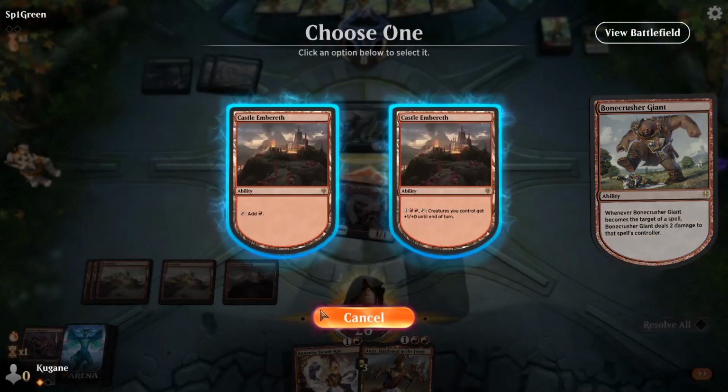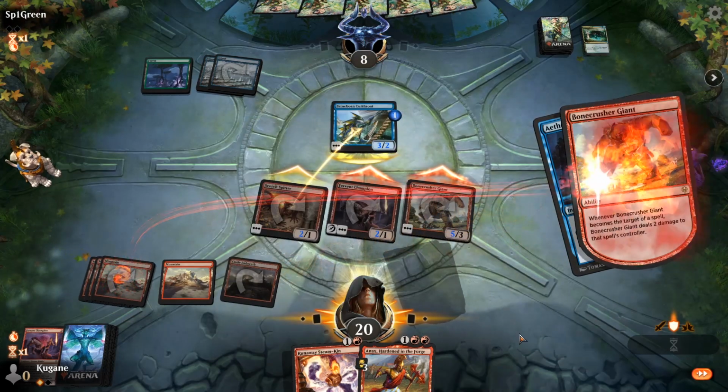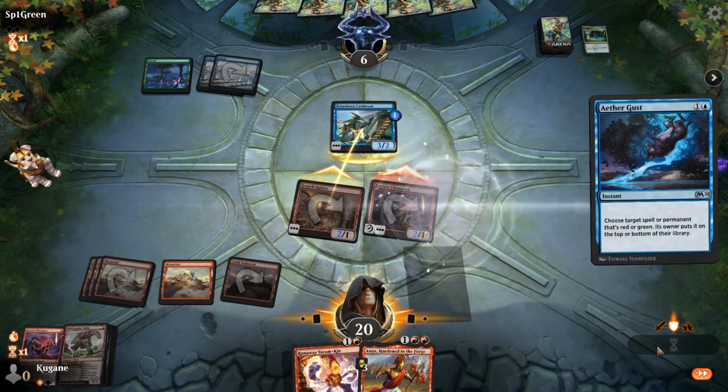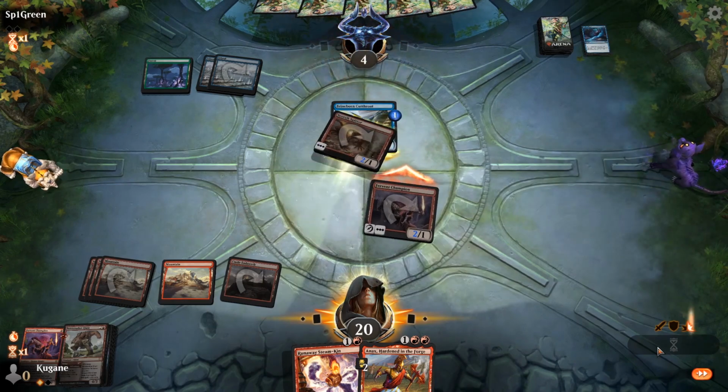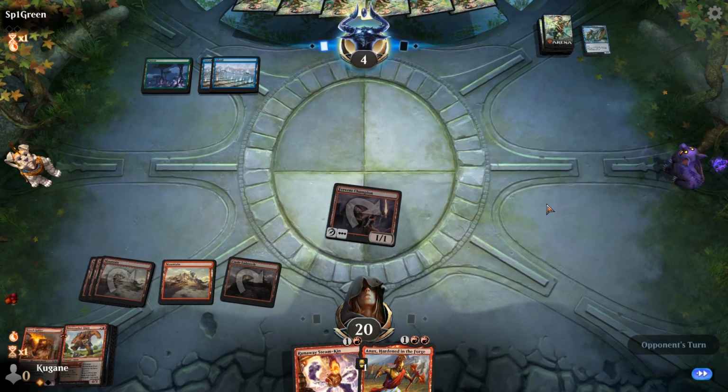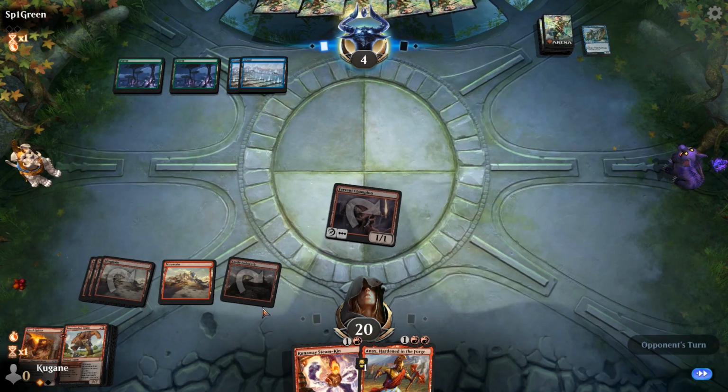So let's buff this like so, so I at least get rid of that Brineborn Cutthroat right there, and I think I'm gonna put the Bonecrusher Giant on the top of my deck. Yeah, let's put it on top. Kill the Brineborn Cutthroat, and next turn we can... Oh, they found the land, so it's time for the...